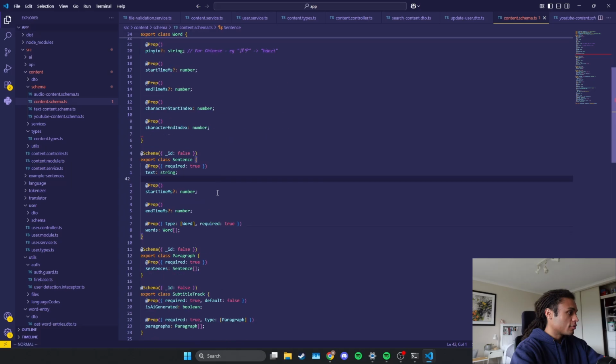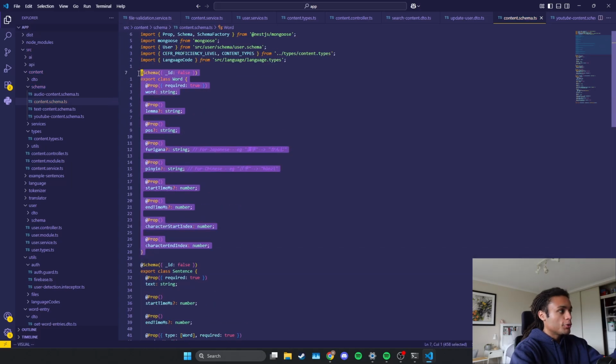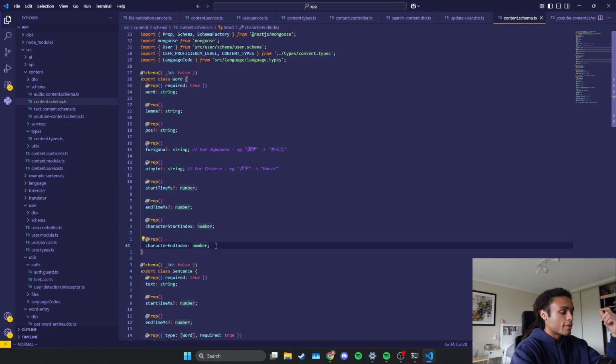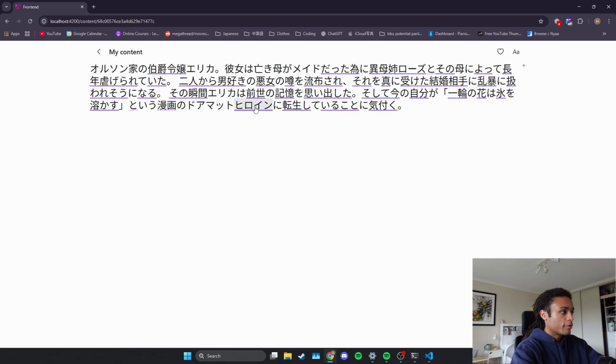Essentially the content itself has an array of these words, right? But this has no user data on it. It doesn't say for a particular user they know this word or they haven't learned this word yet, because this is general, publicly available content data. To make it specific to each user, so I can say, okay, for this exact word, you've saved it in the past or you haven't,